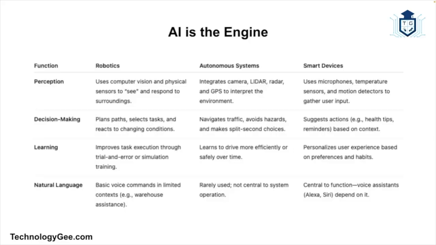Now, why does this matter? Well, understanding how AI interacts with the physical world helps you visualize the future of tech in your home, car, or job. It can help you make informed decisions about buying or using smart products. It can help you understand the challenges around AI safety, ethics, and privacy, and it can help you explore career opportunities in the field that blend AI with robotics, engineering, or user experience.